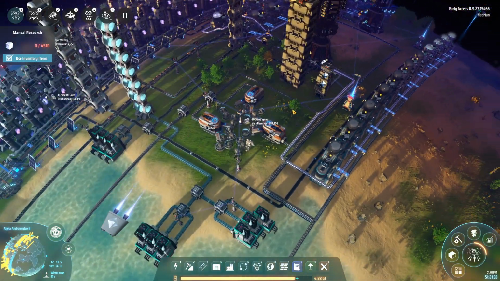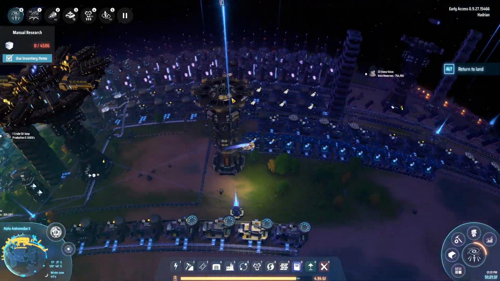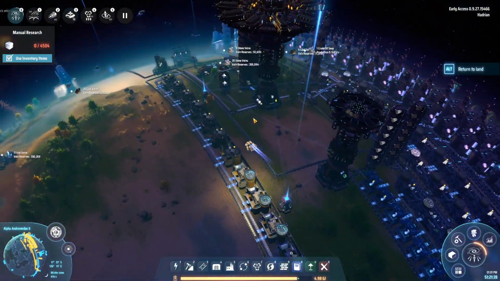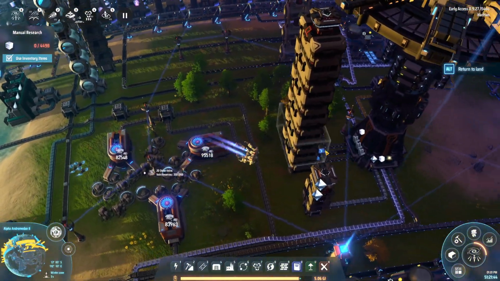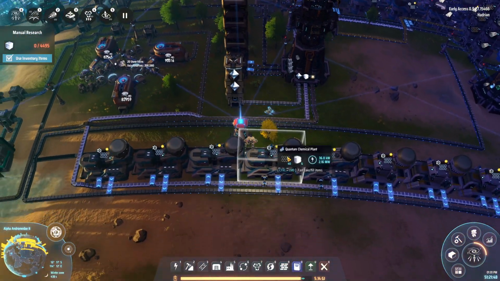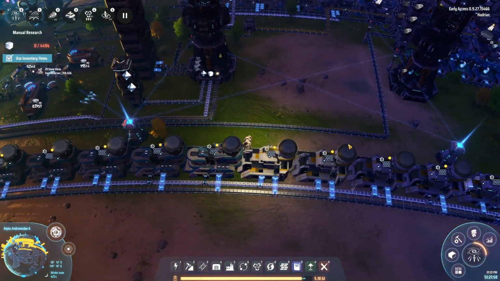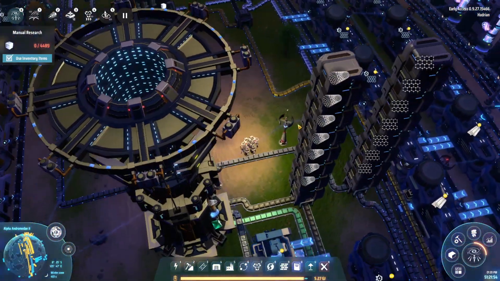Alright, so it does seem like we're full on graphene, which is going to slow down production of hydrogen specifically. And I need to address that. Let's see. Graphene is being outputted. Yeah, I mean, I could have a second storage for it, but that's just a